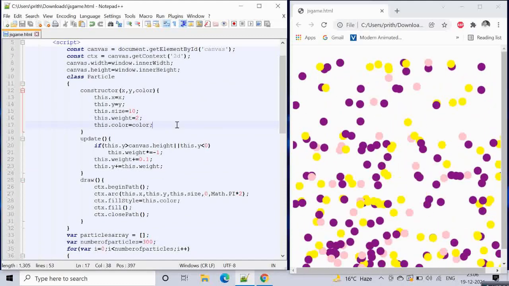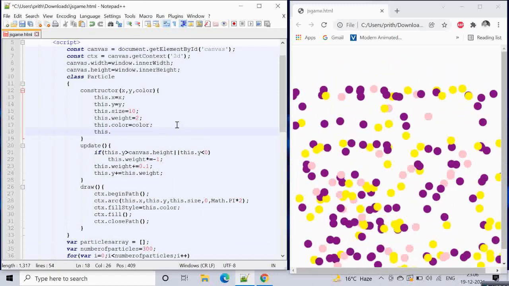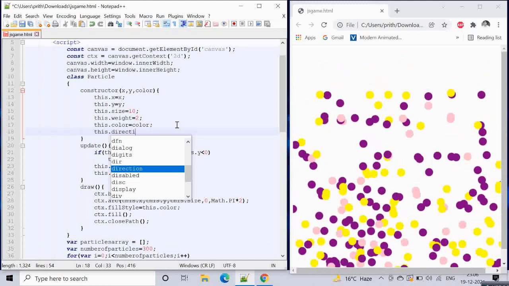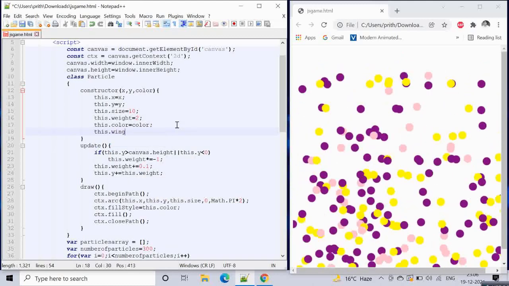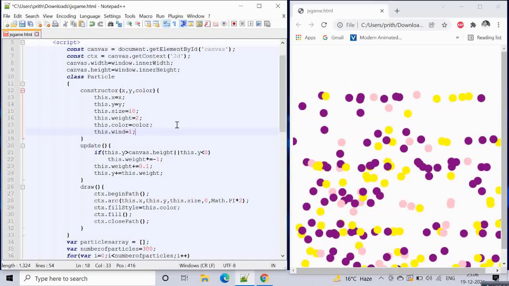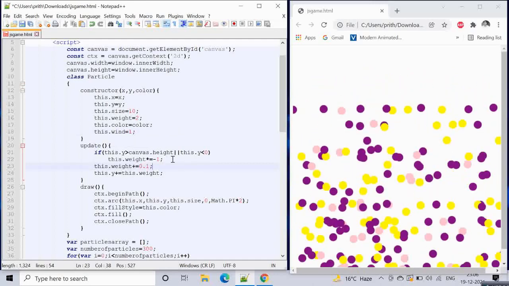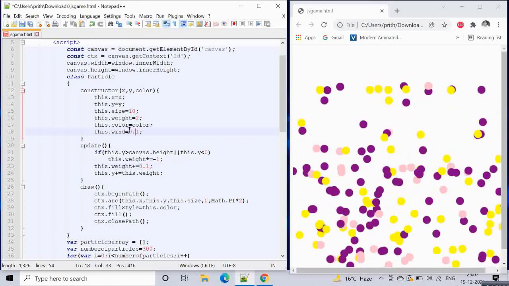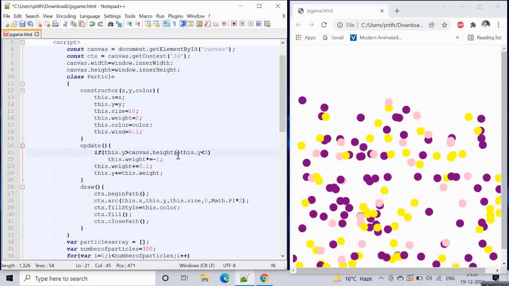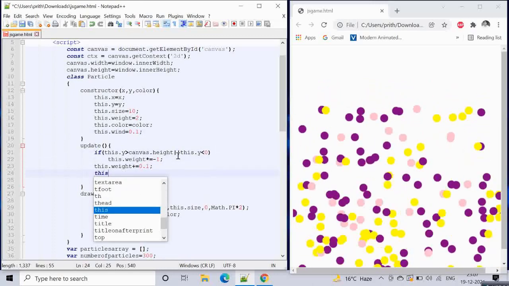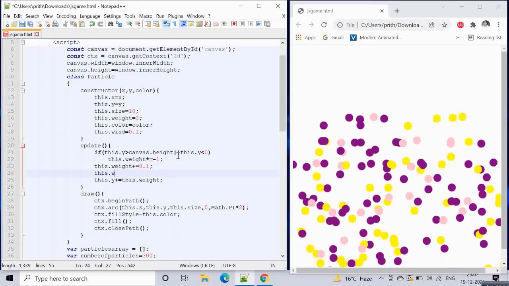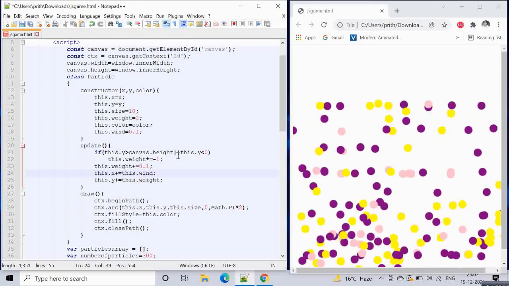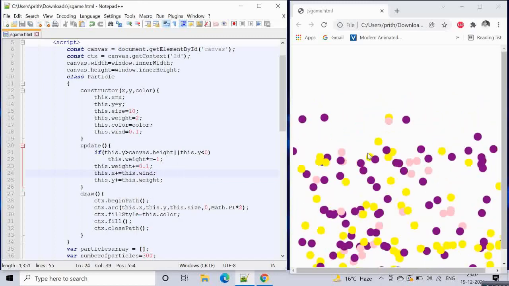So this dot wind equals 1, and just like weight, we can give it like 0.01, and this dot x plus equals this dot wind. So if we see now, this will move a bit to the right direction.